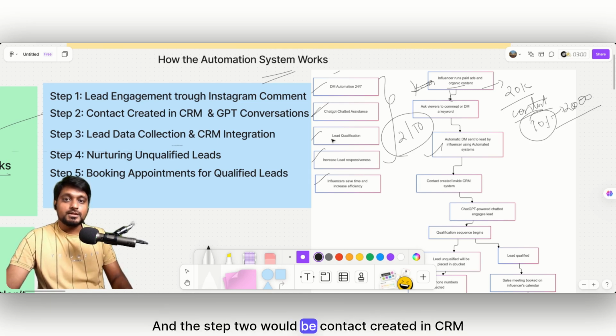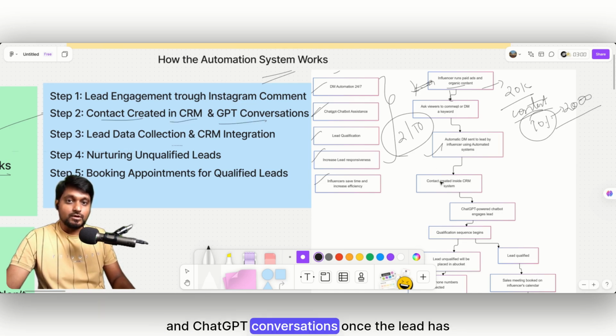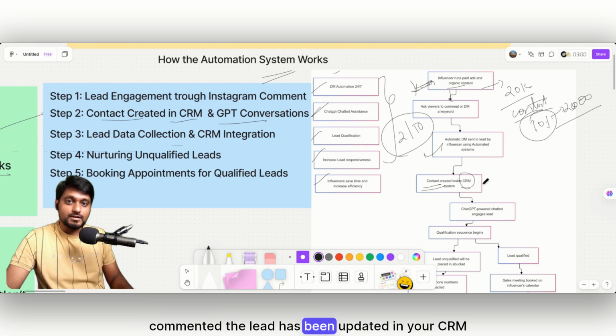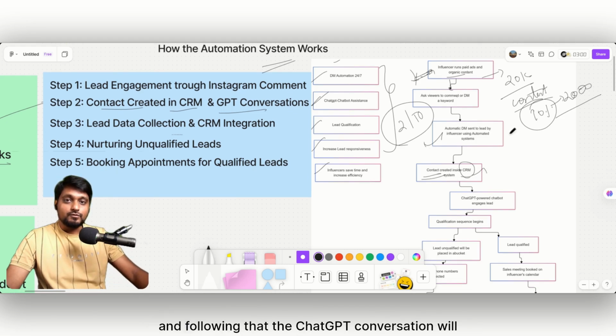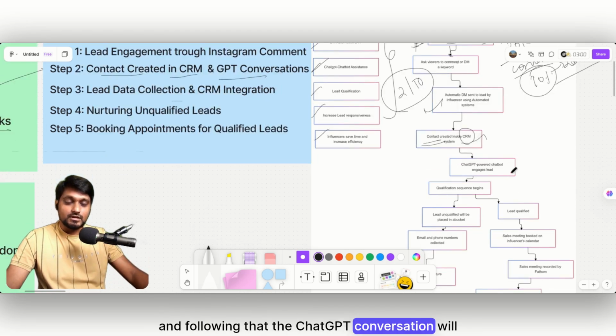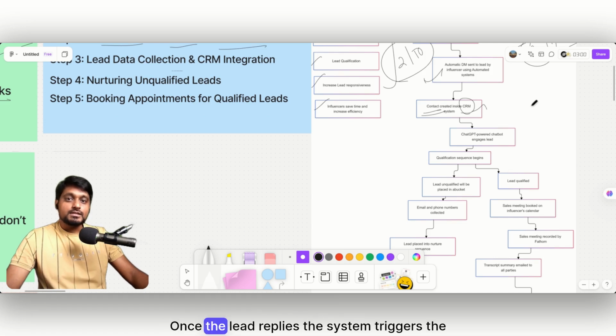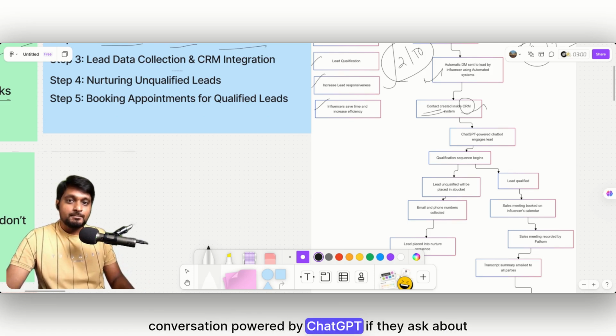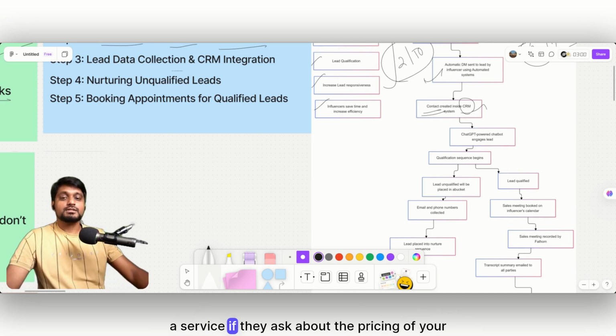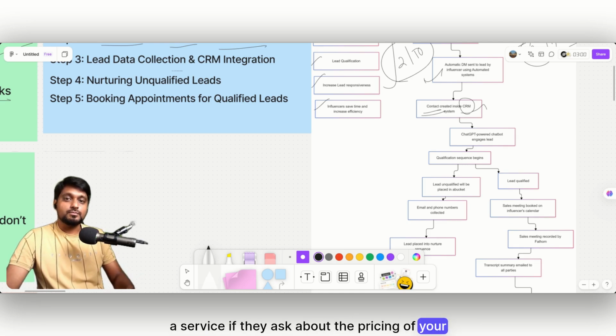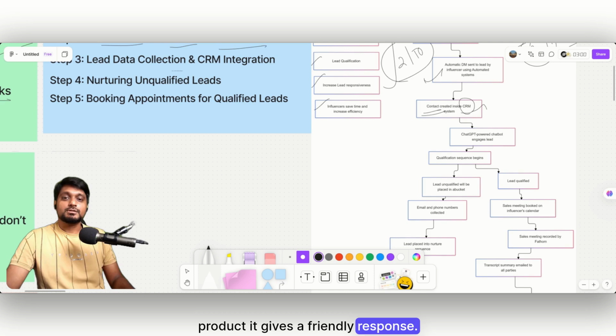Step two would be contact created in CRM and ChatGPT conversations. Once the lead has commented, the lead is updated in your CRM, and following that, the ChatGPT conversation takes place. Once the lead replies, the system triggers the conversation powered by ChatGPT. If they ask about service, or about the pricing of your product, it gives a friendly response.